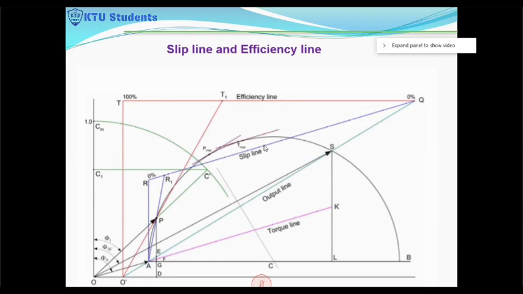Draw a line parallel to the torque line from this point. So this will be the line, and this will have one endpoint. Where will you get that endpoint? Draw a vertical line from the tip of the I0A, then you will get the endpoint. So this is the slip line. You can divide this into 100 equal divisions. You will get the different slips for the different operating conditions.